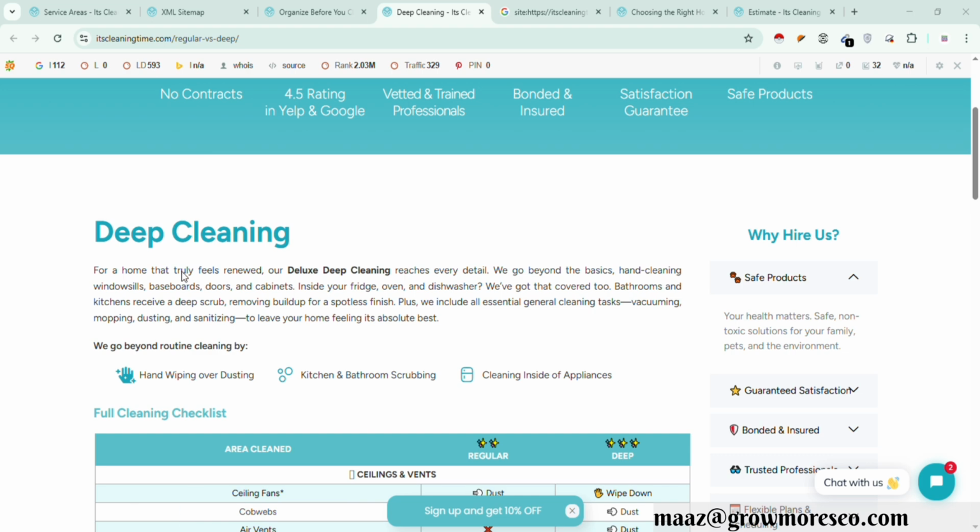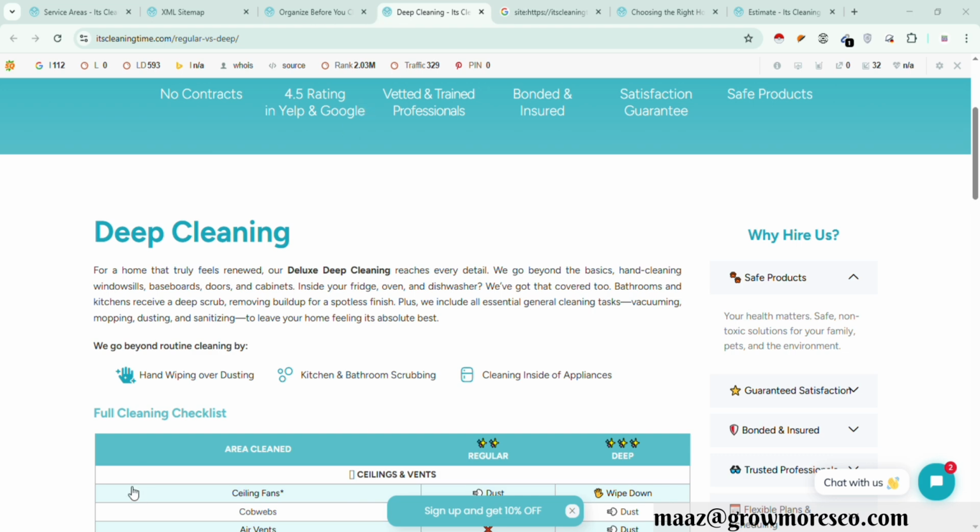Like this, you are giving services in Kyle, Texas. So you would have carpet cleaning as one page, and the second page would be house cleaning Kyle, Texas, and then duct cleaning. Whatever service you are giving, you have to create pages for those. Proper keyword research and strategy are needed in order to work on it.